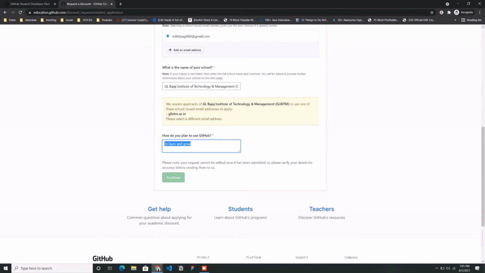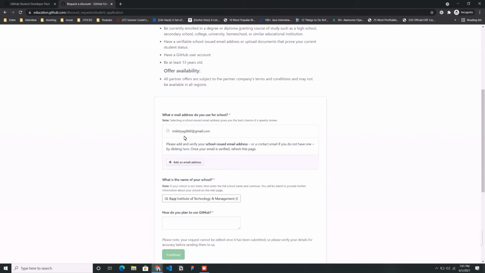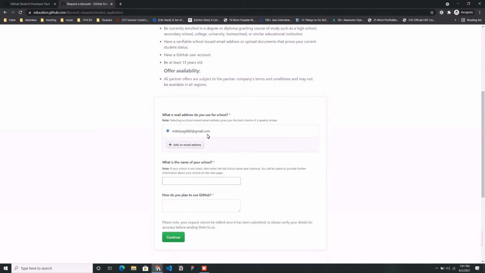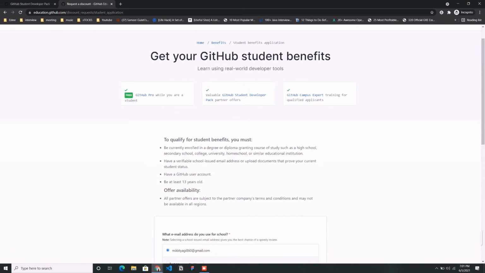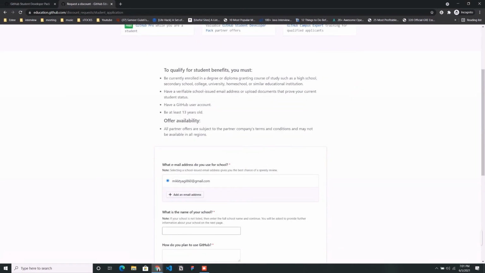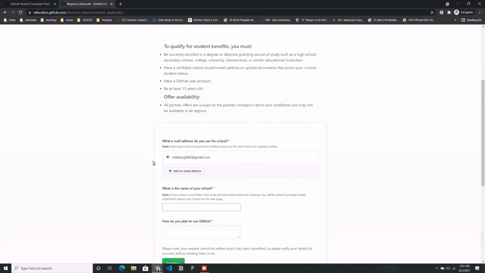Previously I applied with my personal email ID, so it took like 2 weeks, I guess. But there are a few conditions, so you have to qualify to apply for this one. You must be at least 13 years old and all that. You can just check on those. But it's quite beneficial. You will get lots of things, and yeah, this is the simple process.